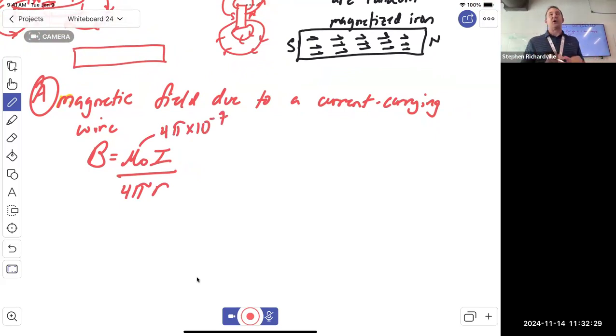Okay. So magnetic field due to a current carrying wire. So now what I'm getting into from last chapter,